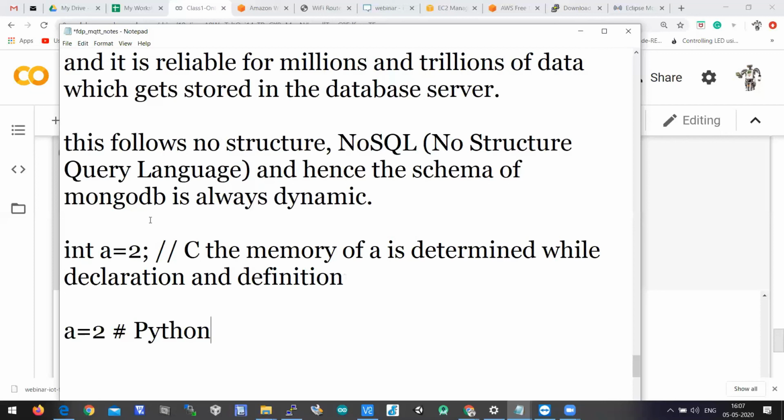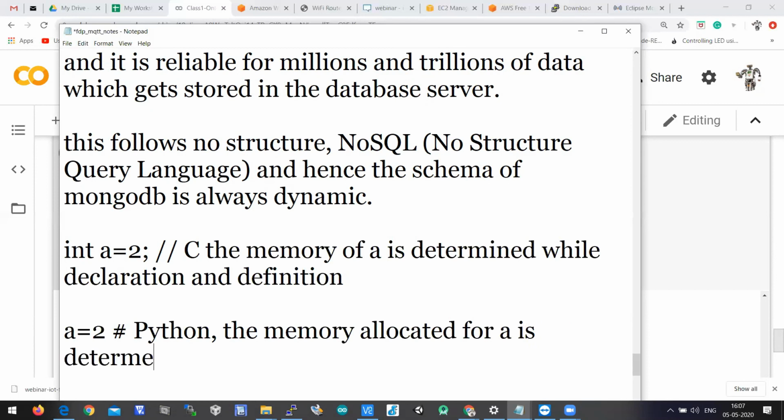But in Python, the memory allocated for a is determined while assigning the value.